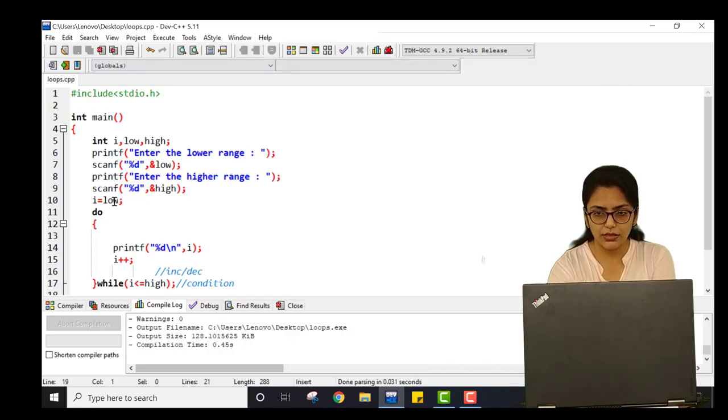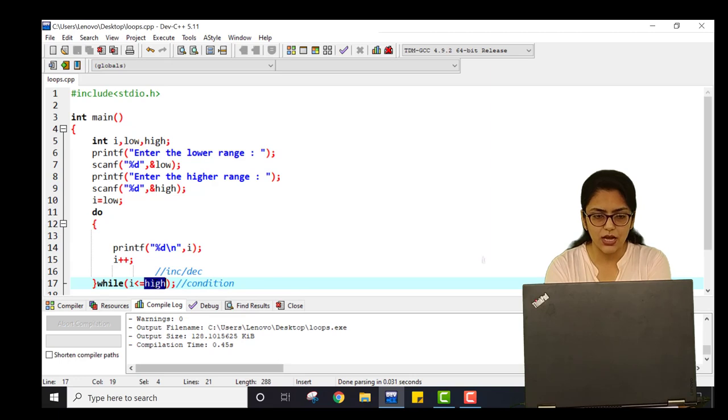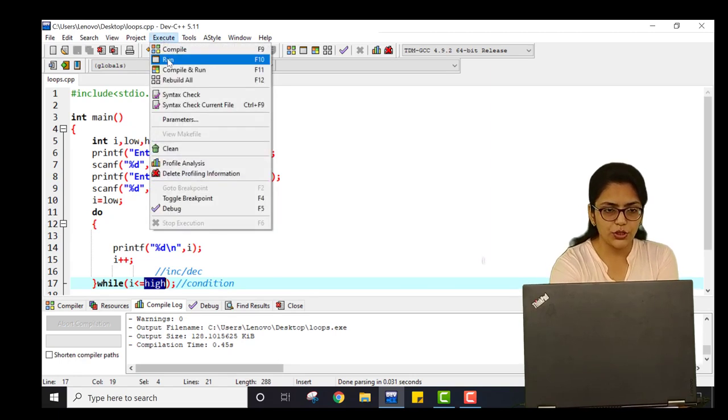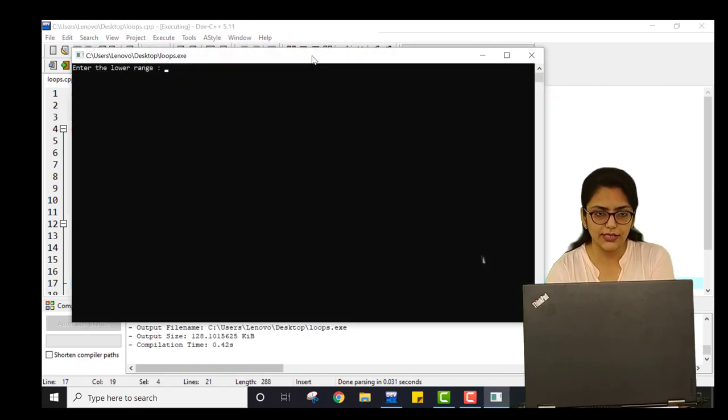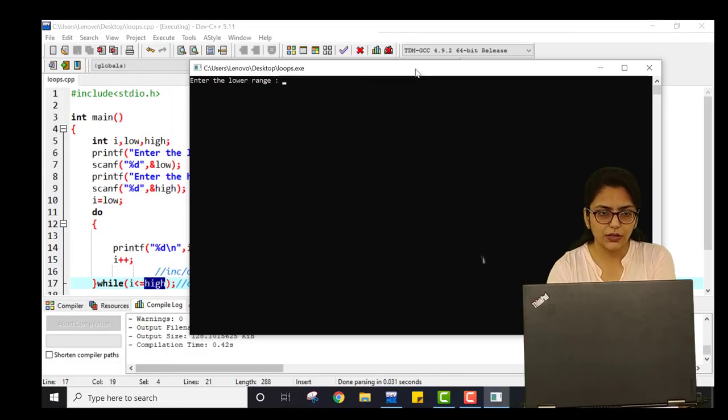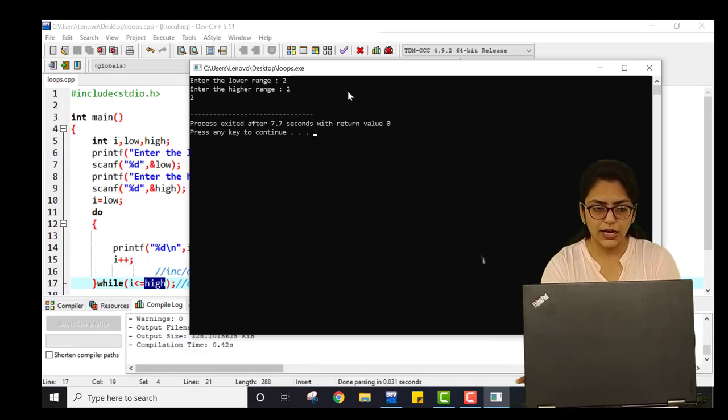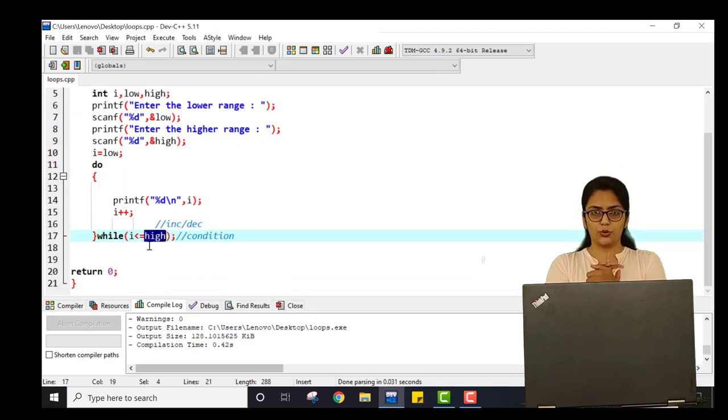Let me close this first, and here I am entering the low value. Let me save this program, compile it and run it again. Inside this I am entering 2, and the higher value I am also entering as 2, so it is printing 2.